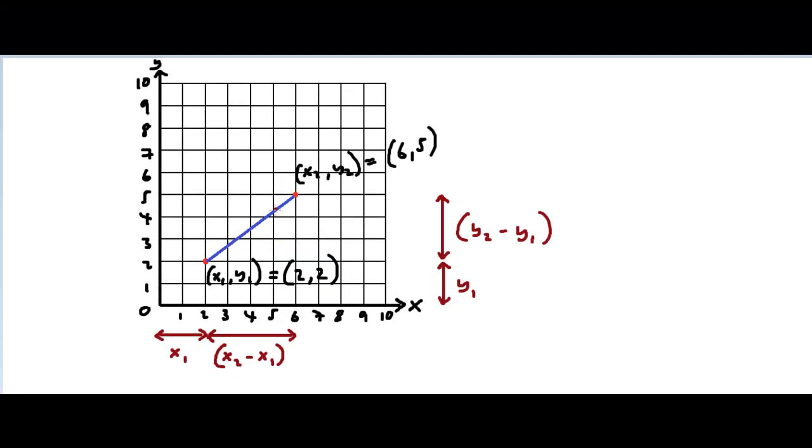What we need to acknowledge is that this horizontal distance over here is x1, and this horizontal distance over here is x2 minus x1. What we also need to know is that this vertical distance over here is y1, and this vertical distance over here is y2 minus y1. Now to find the midpoint of this blue line over here, which is roughly at this point here,